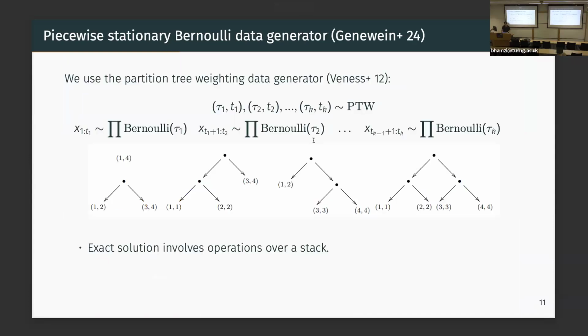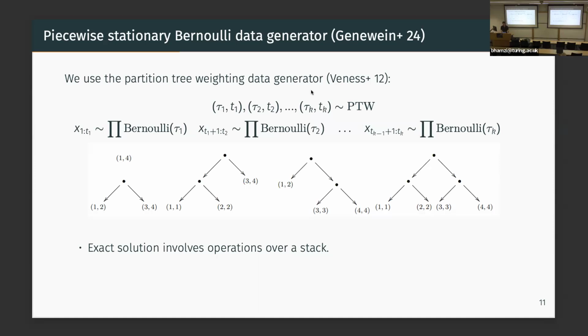Okay, so that was very simple, traditionally Bernoulli IID, and we progress along the complexity axis, and we are drawing a particular prior, which is essentially giving you piecewise stationary Bernoulli data geometry. So essentially, let's imagine we have a sequence of lengths. This particular prior is known as the partition tree weighting, proposed by Joe Veness as a sequence predictor framework. But it